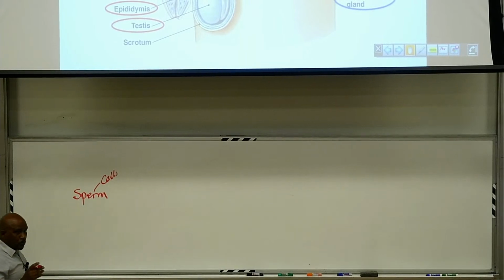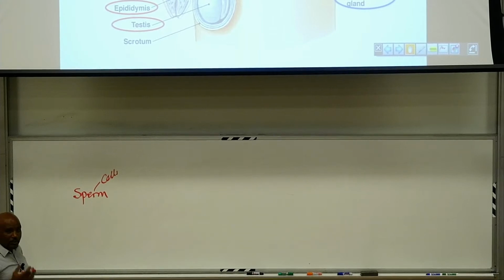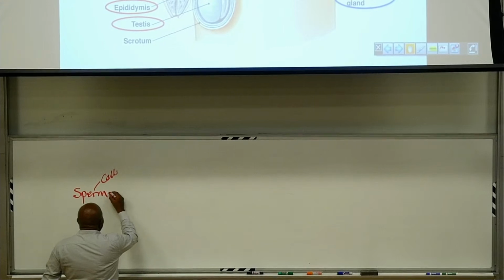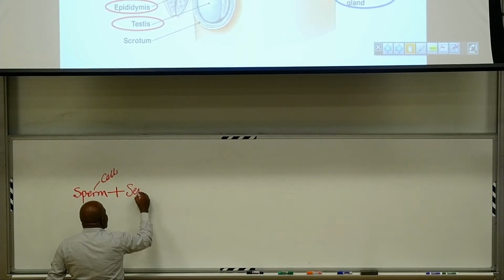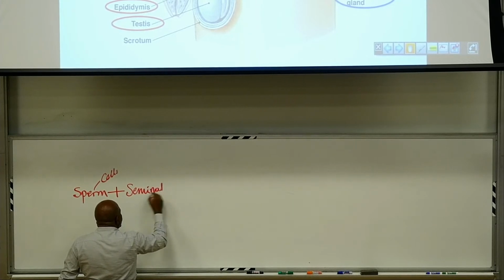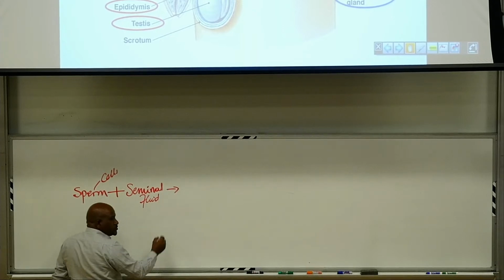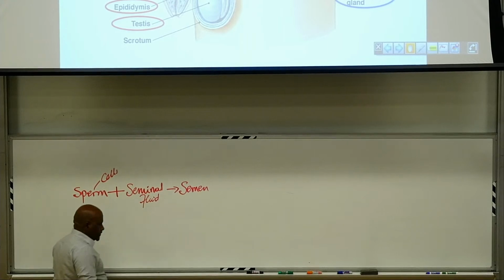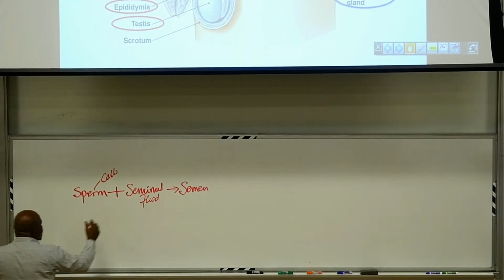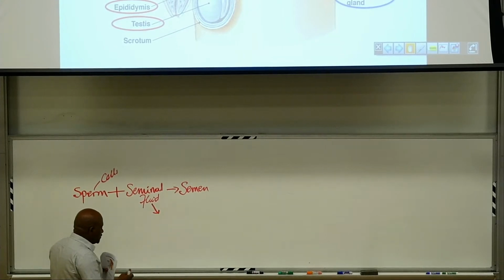However, when you see a male ejaculate, it is a fluid structure. It's not only the sperm, it also has a fluid part. So this sperm plus the seminal fluid is the one which is making semen. Okay? So the seminal fluid in the male reproductive tract is produced by